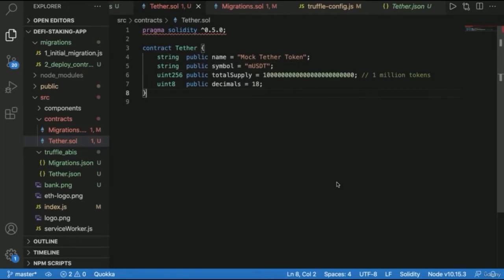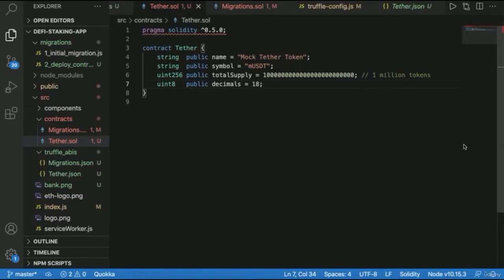So we want to be able to add some basic functionality for our tether. We want people to be able to transfer it, right? We want people to be able to send tether to other people, receive tether, and we also want to be able to do this in a secure fashion by making sure that people approve these transactions. So these are two very fundamental, important functionalities that we're now going to code in together for our tether contract. And we do this in Solidity,